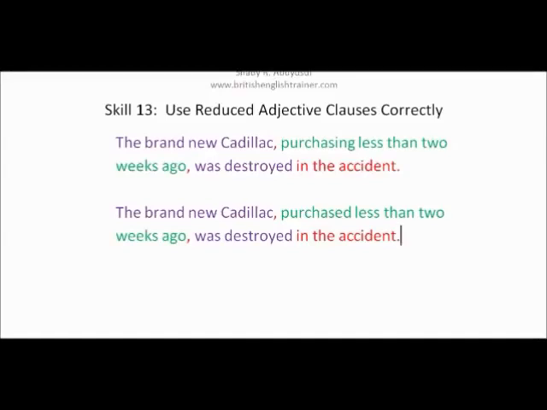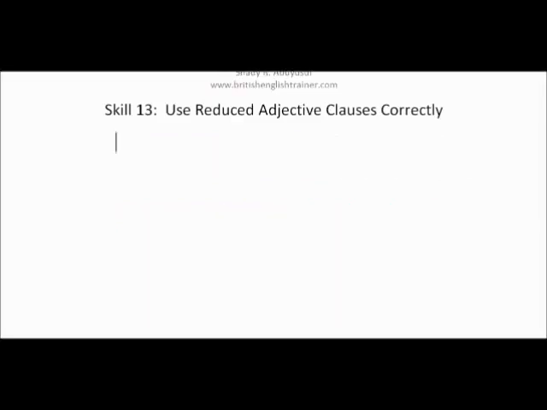That's correct. But this first one here is incorrect. Why incorrect? Because we said purchasing. We can't say purchasing when I talk about a car. I can't say a car is purchasing. Okay, the meaning is incorrect. Fantastic. Another example. The fans